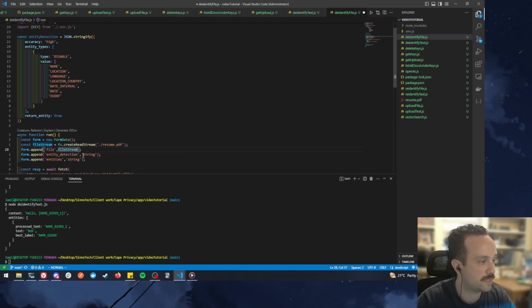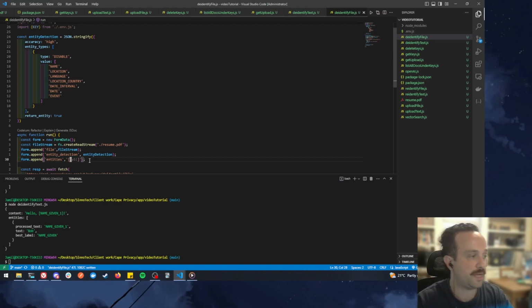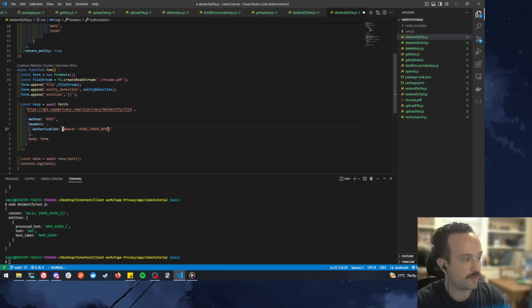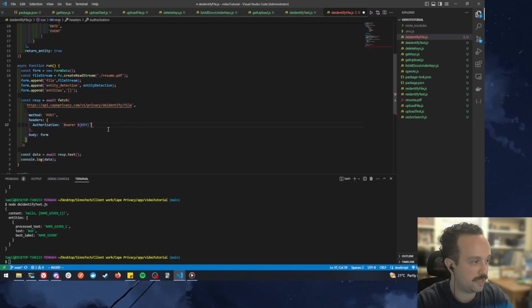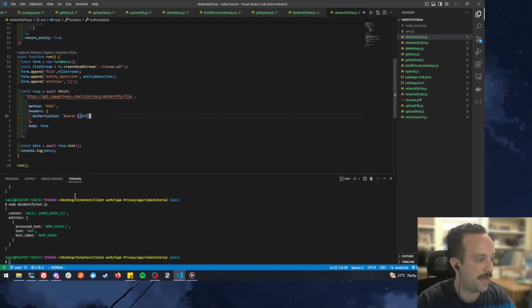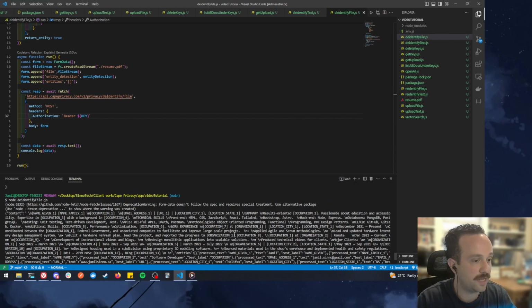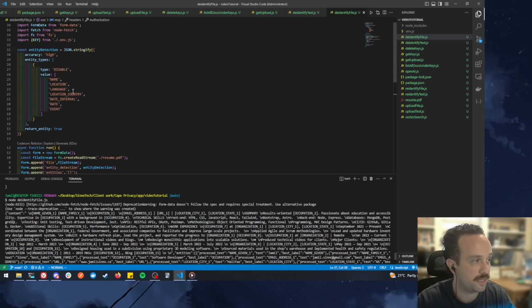Okay, we will replace this entity detection with entity detection, and then this entities here will be left as an empty array. Okay, we're not going to put anything in there. We're going to make sure that we have included our key in our requests, and once we run this file, the identify file, we will notice that it has actually de-identified all of the information based on the entities that